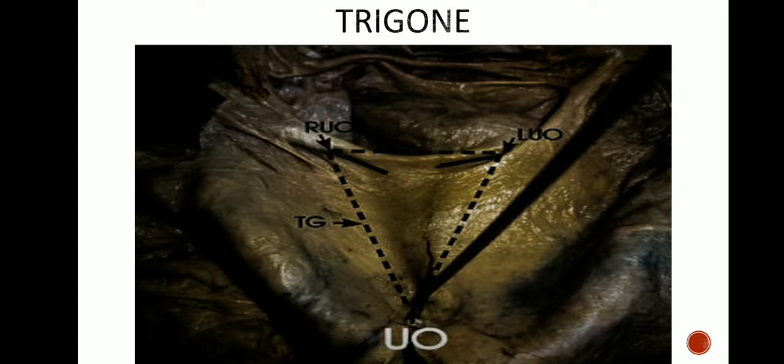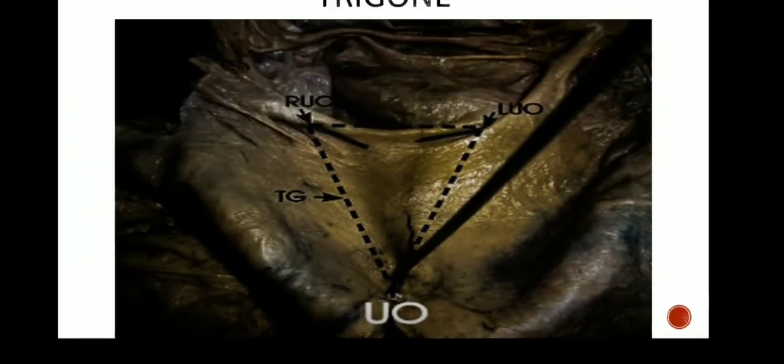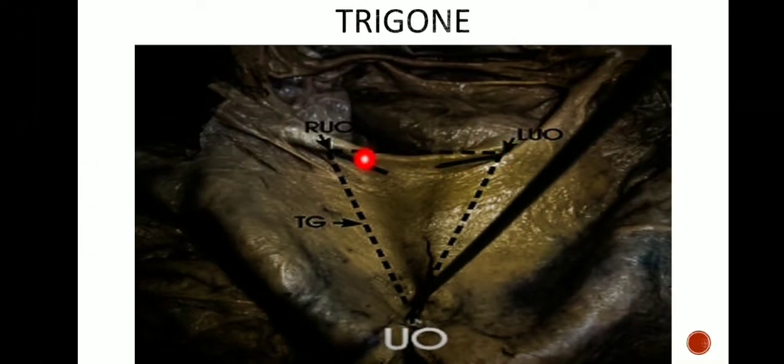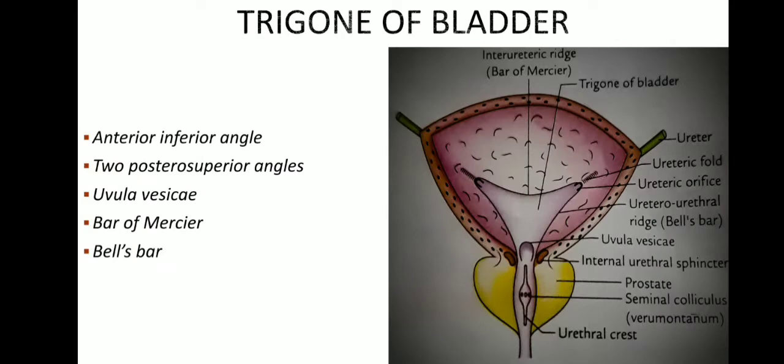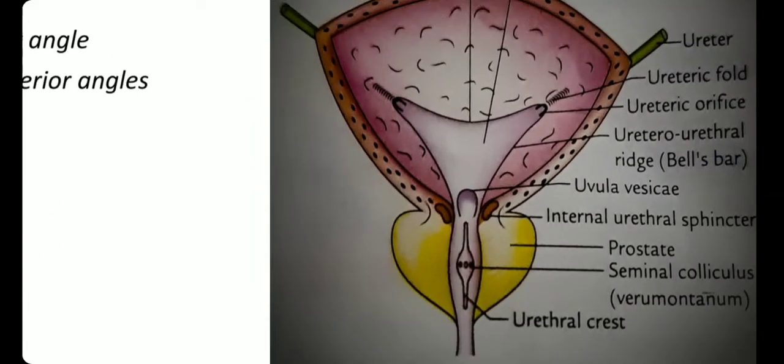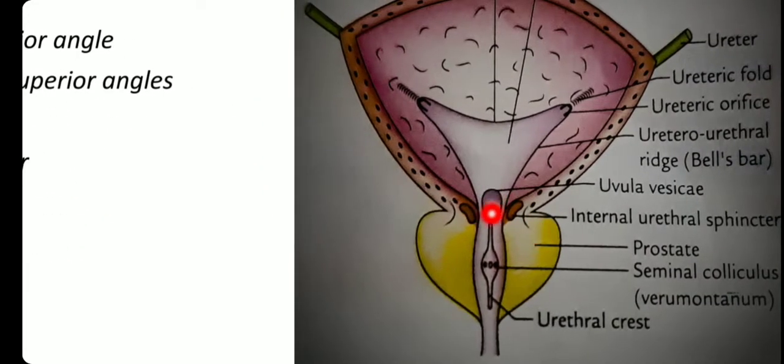Basically, the trigone has three angles: the antero-inferior angle, as you can see in the cadaveric image, and the posterior-superior angles formed by the urethra and the ureteric orifices respectively. On the other hand, the uvula, as you can see in this diagram, is the